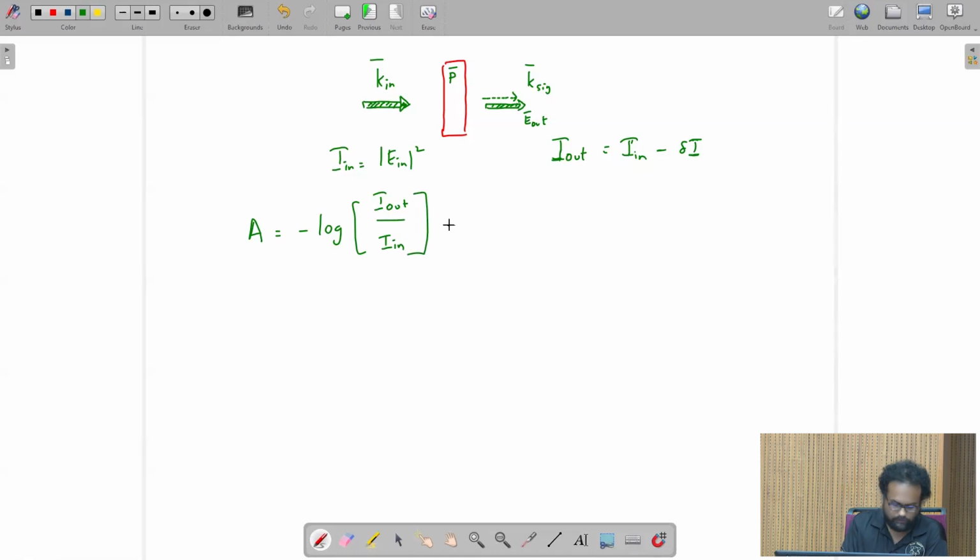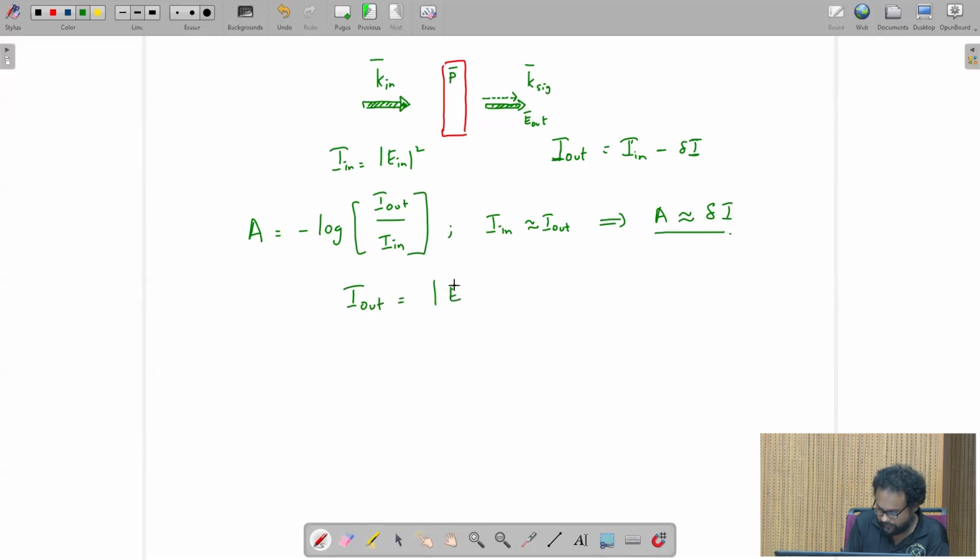So under the weak perturbation assumption, we can say I in is almost equal to I out, which means that it's not very strongly absorbing samples. You don't want to be working with strongly absorbing samples and never see a signal, so weakly absorbing samples. Then you can show that A is in fact almost equal to. So under this assumption, anyway,